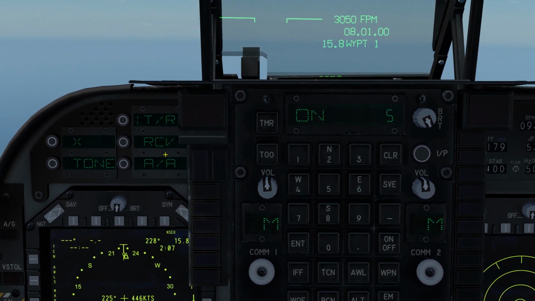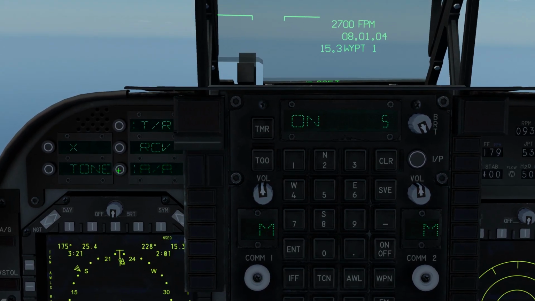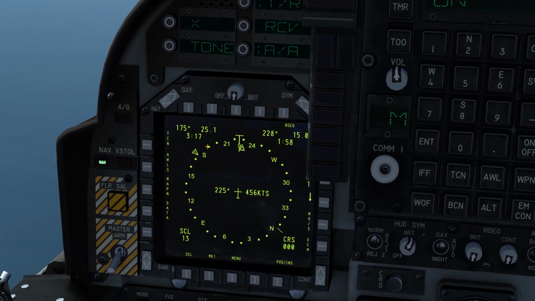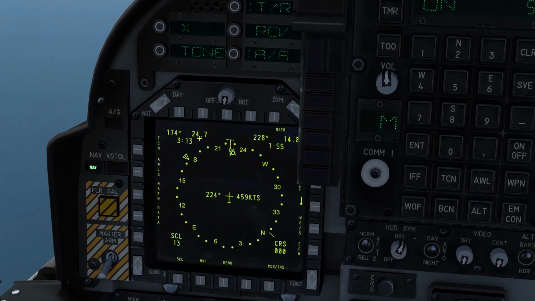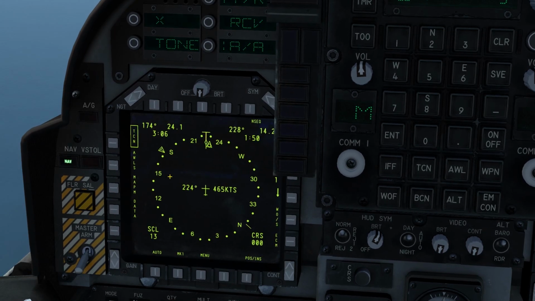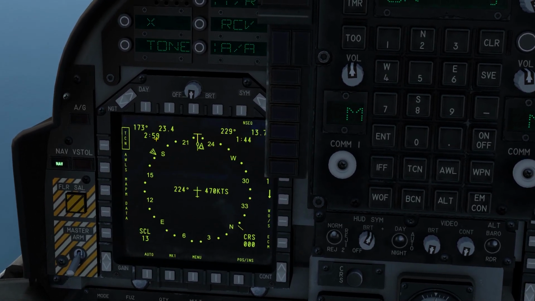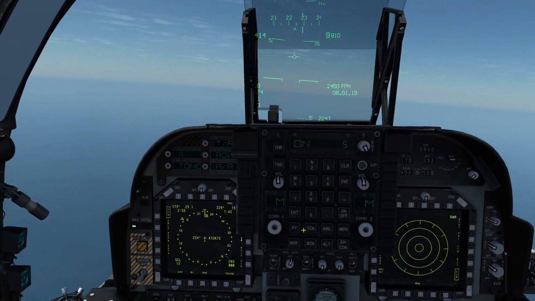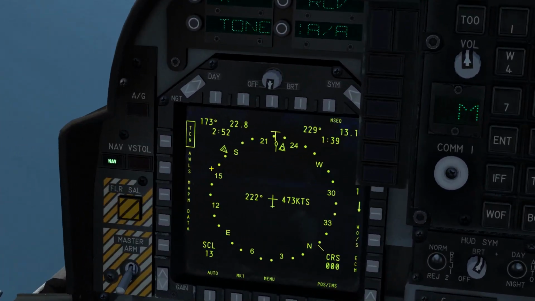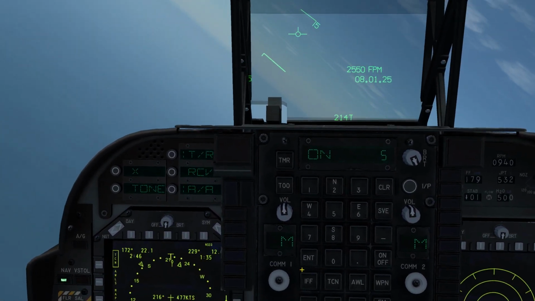Next I want to enable air-to-air mode to follow the tanker, since this is an airborne station. And you can see it has appeared on my HSI. I'll enable Tacan here, and now I can see the bearing, the range, and time to intercept. So I will rotate myself around toward the marker, this one here, and I'll put myself nose on to the